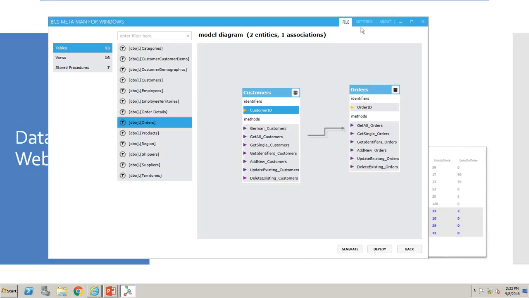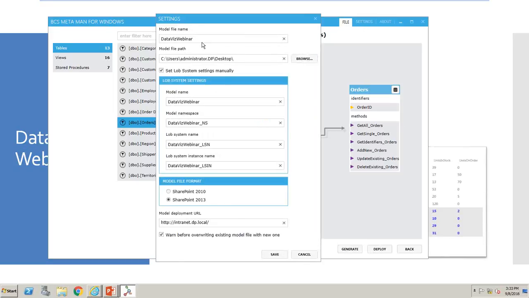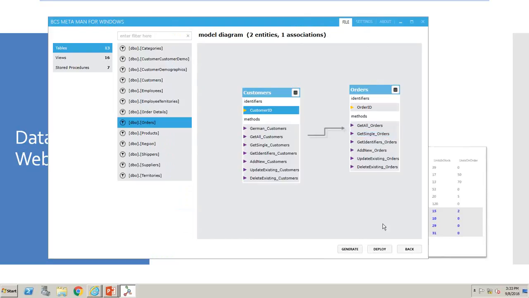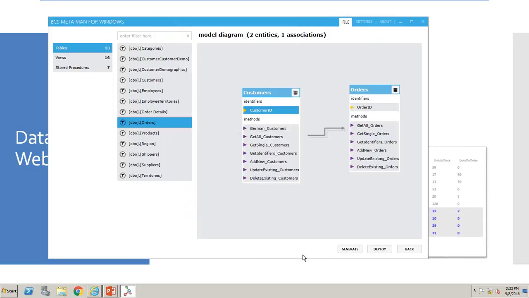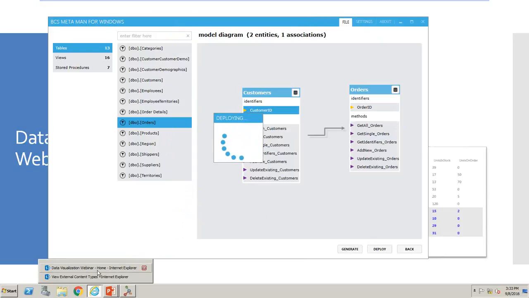Generate is going to build the model file that's specified here under settings. So it will generate the XML. So that's useful if you want to take that XML from a development environment and put it into a production. Or we can just hit deploy, and that will deploy to the URL specified at the bottom here. So that can be any URL inside your SharePoint file. So let's hit deploy. So this is deploying to SharePoint,